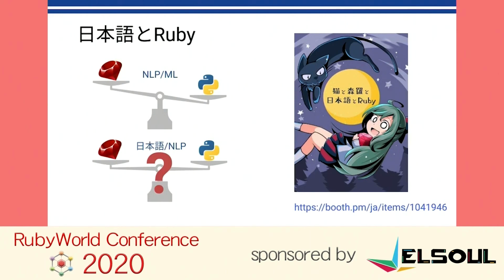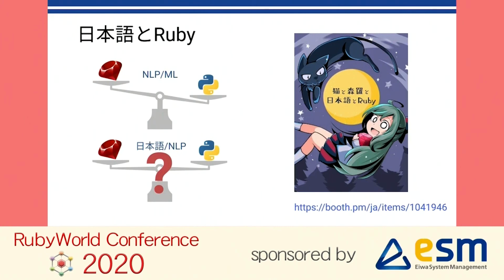It allows various encodings. That may be an advantage. And also, there are many Japanese developers. So dealing with the Japanese language in Ruby, again, the large number of Japanese developers may be an advantage